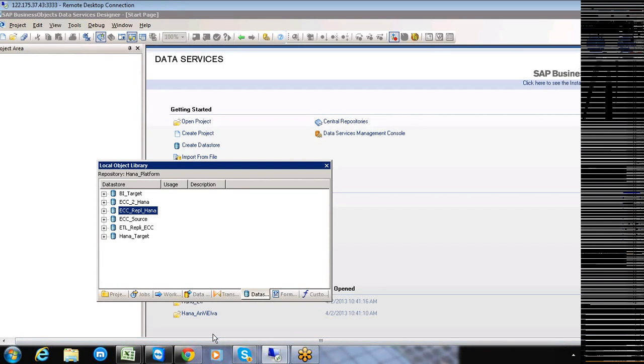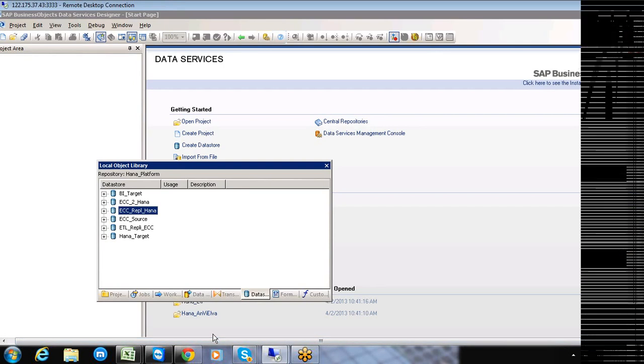Now, the thing we need to do is two things here. ECC source, and the second thing is ECC underscore replication. So we establish the connections.